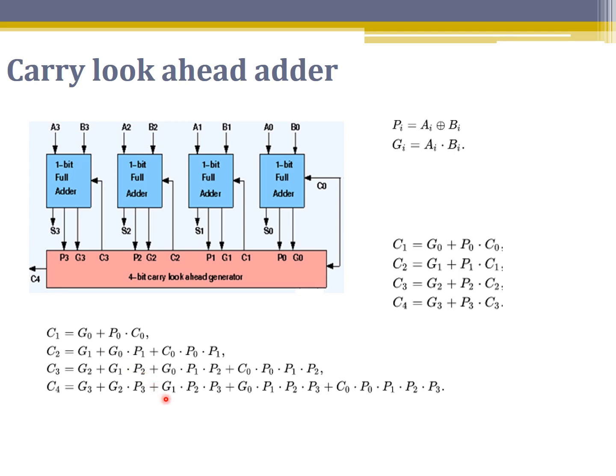For that C1, if we substitute this, the substitution gives us this entire set of equations. So now we are interested to write a data flow description. We know that for a data flow description we need Boolean expressions. We have all the expressions ready, so we just have to declare the adder and write the code.